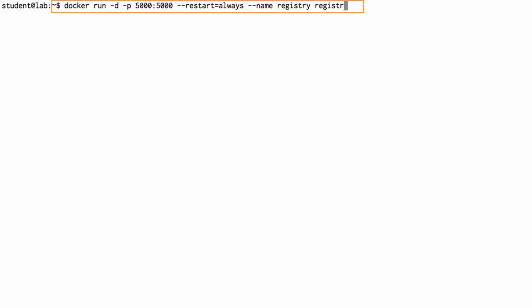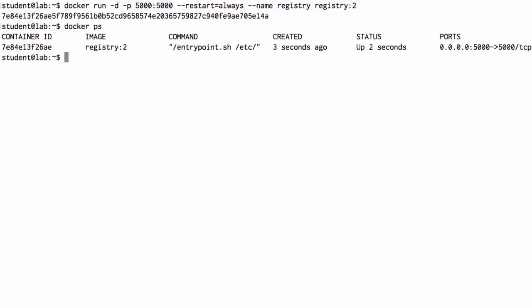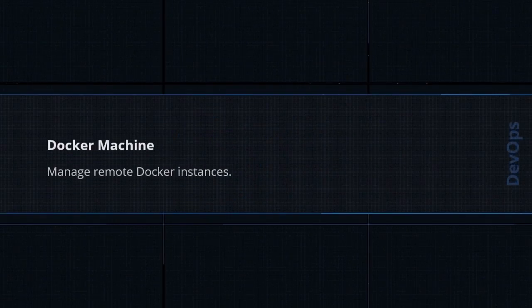Now we're going to pull another image. We're going to do this so that we have something to push into the registry. So let's start that. We're going to pull in a rather large one. It's Ubuntu. And we're fine taking the latest. The latest is always the default. So we'll pull that down. Takes a little bit longer because it's larger. And there we go. So let's look at the images we have now. We have the registry that we pulled down, and now we've got Ubuntu that's coming in at 100.